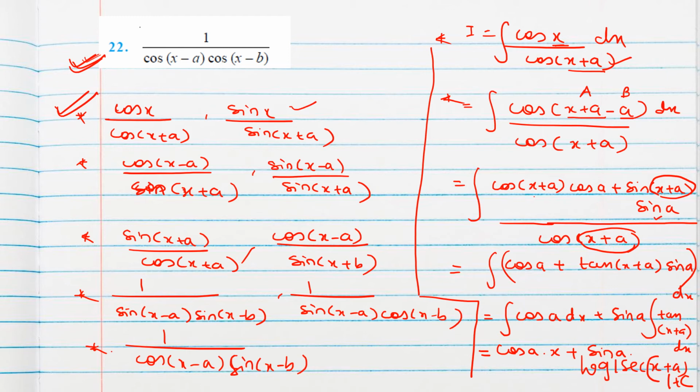So using the same method, we can solve this integral. We can add and subtract a, then the compound angle formula for sine we can apply here. And for this also same procedure, for this also same. Plus a we need here, so what we will do, we'll subtract and add a: plus a and minus a, minus 2a will come. Here also same procedure. Here also. Okay, then for this I will explain.